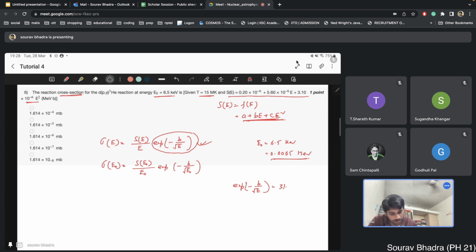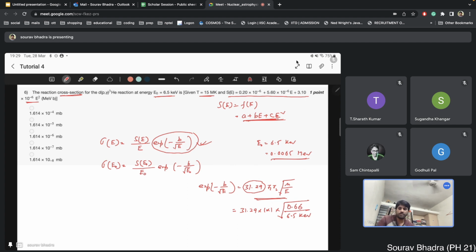So let me write it here. Yeah, 31.29 Z1 Z2 mu by E. If you put all the values of B in the expression, that pi, h cut, everything, then this value will be like this, and we will calculate 31.29 Z1 Z2 is 1 and 1, the same reaction, mu is 0.66, and it is given 6.5 keV, the E0, because we are calculating everything at E equals to E0, and this will be